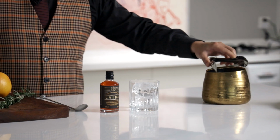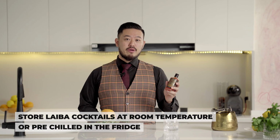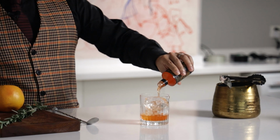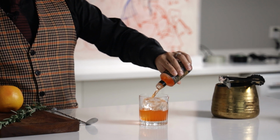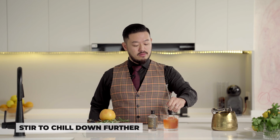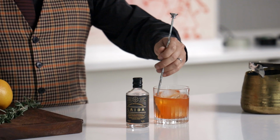We recommend storing our cocktails at room temperature or pre-chilled from the fridge. Before serving, make sure you shake it up really well and then pour it over ice. Always make sure you give it a nice little stir to chill it down further and just give it a